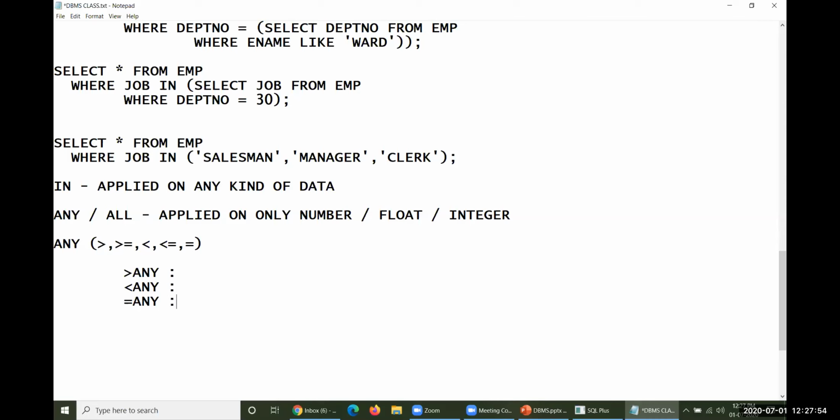Of course, instead of greater than, you could take greater than or equal to. Greater than or equal to means the condition is inclusive. Only greater than means the condition is exclusive. So the less than condition is exclusive, and less than or equal to may be inclusive. I hope you understand what inclusive and exclusive mean.